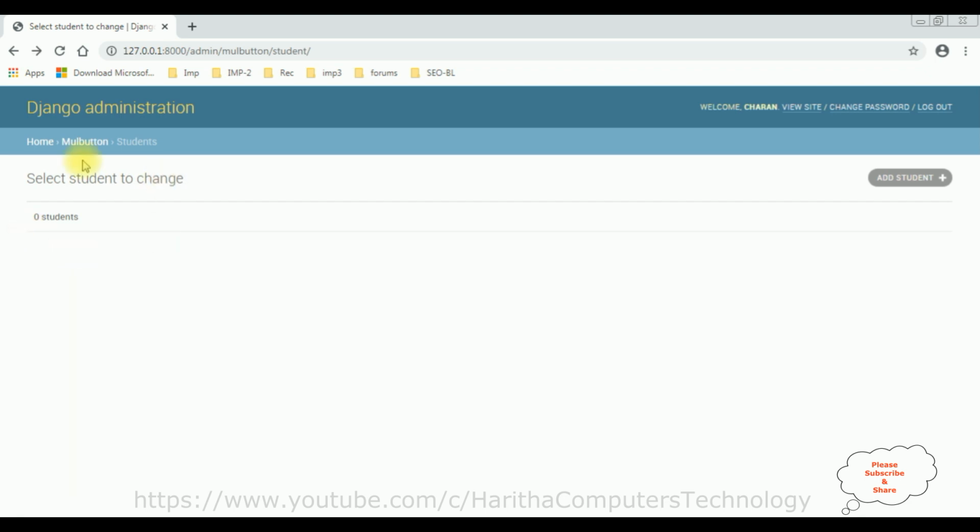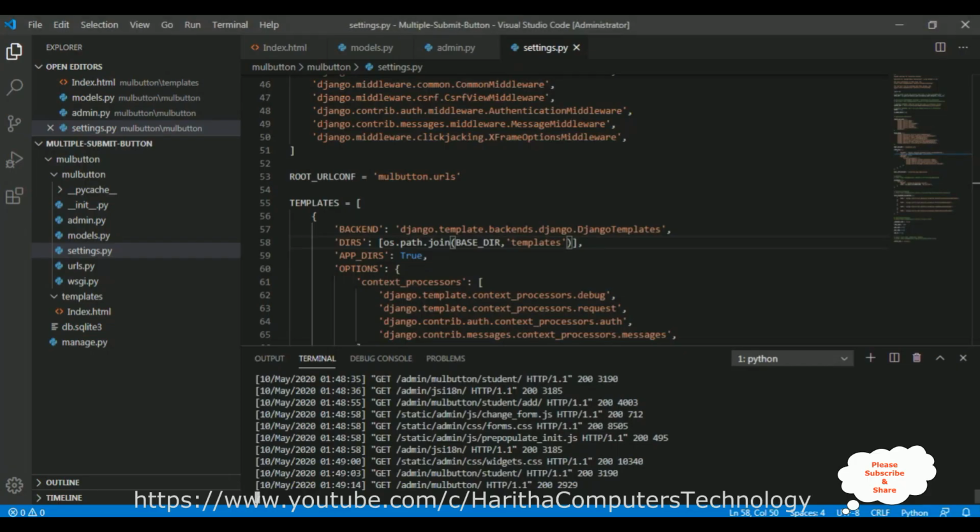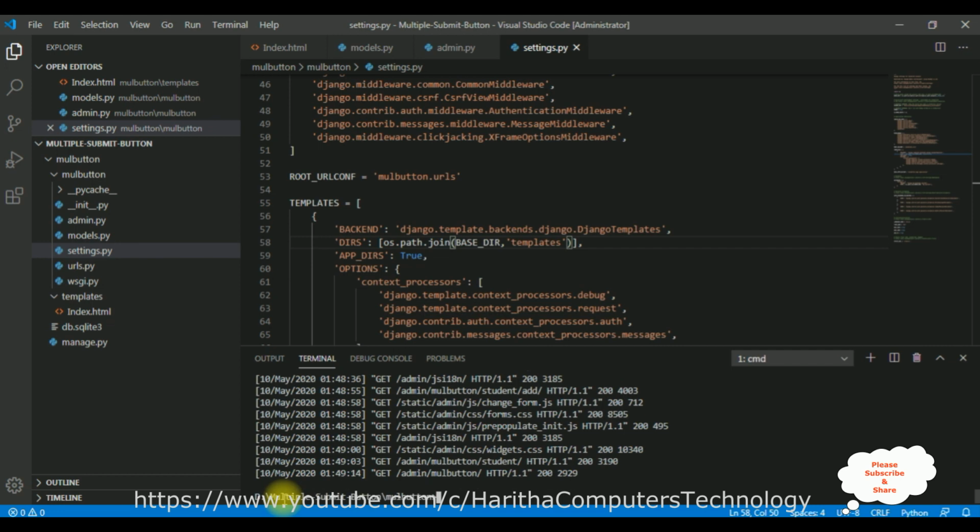Right now there are 0 students and 0 employees in both tables. So both tables contain 0 values. Let's insert the employee name in this employees table and in the student table also. Again switch back to the coding part, Control C, come out from the server,